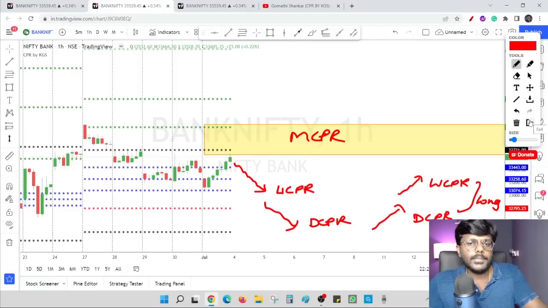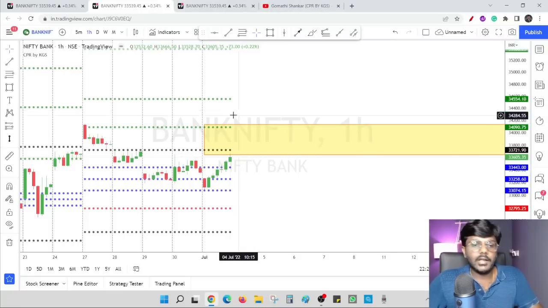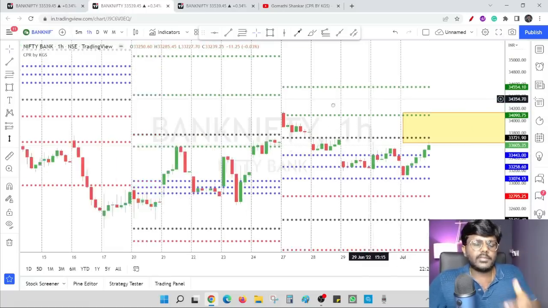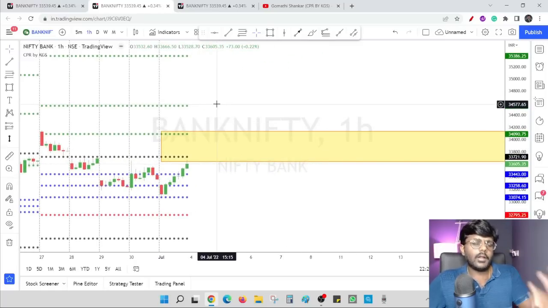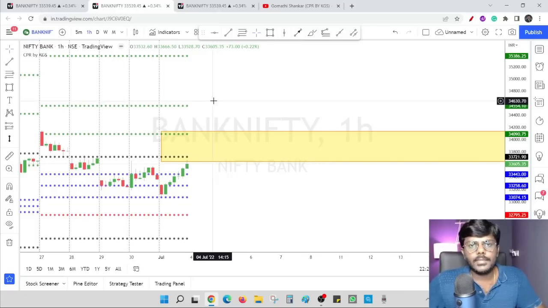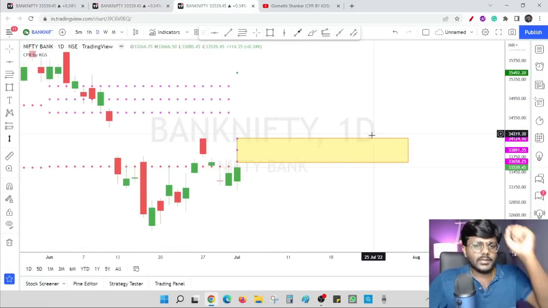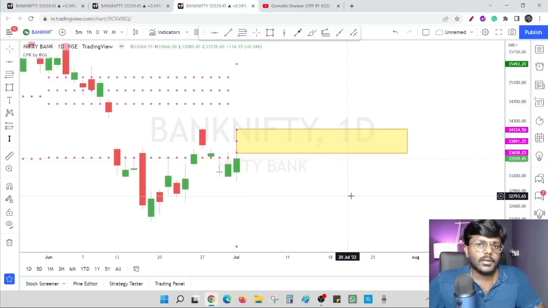In the third week of June, we experienced this pattern. Prices were above daily and weekly CPR. We went for a long till the prices reached weekly R1 and previous week high. So we went for a long, right? Because the prices were above daily and weekly CPR. So we will apply the same strategy. If the prices are above daily and weekly CPR, we will take long, but we will exit as soon as possible once the market reaches previous week high or weekly R1. If the prices are below weekly CPR and daily CPR, you have to take a short because the market is still below monthly CPR.